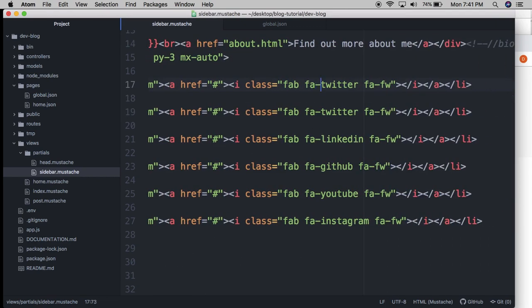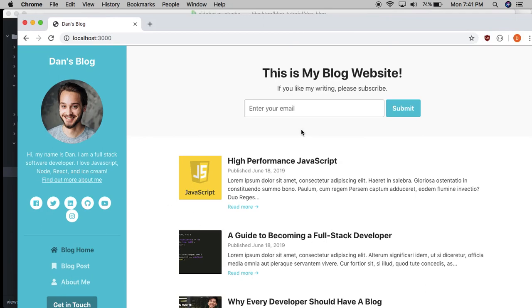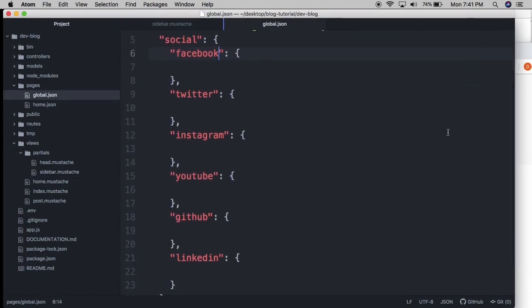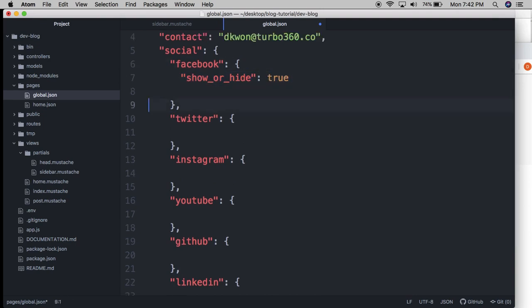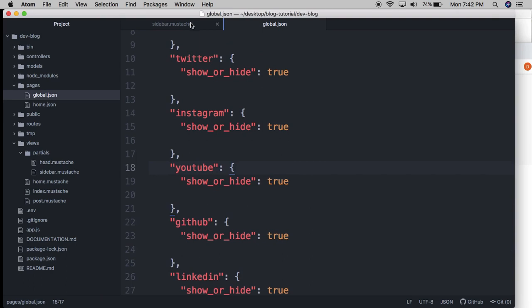Okay, and then let's make sure that properly shows up. Okay, so first things first. Certain users might not have all of these networks. In fact, it's pretty unlikely that somebody will have all of these. So I'm going to add a Boolean called show or hide, and that's going to be defaulted to true. And we're going to use this Boolean to determine whether or not that particular social media link should even show